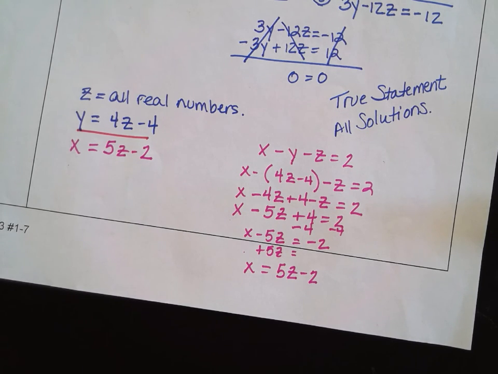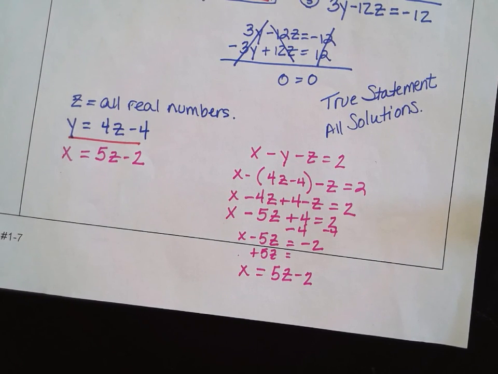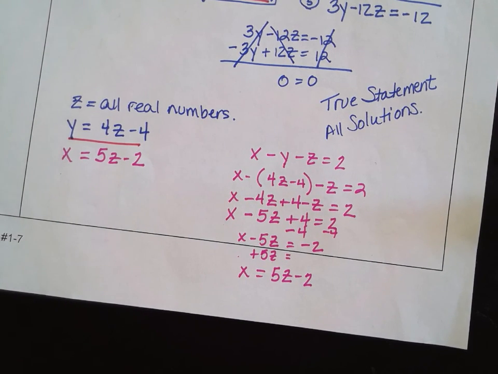Does that kind of make sense? So since z is any real number, in order to find the x and the y, you have to put it in terms of all the real numbers. Okay, good. All right, then